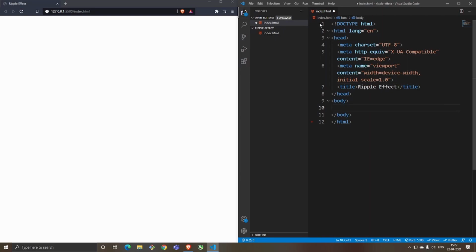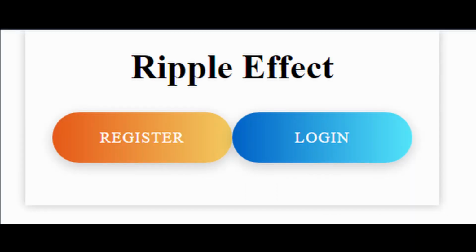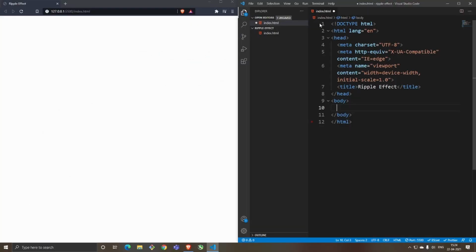Once that is done, we'll go ahead and style the body. Whatever you saw there, the text, the buttons and all of it, I have put inside a div so it's easy to access, and I've given that div a class of wrap. For that div you can just use the Emmet abbreviation dot wrap to say it's a div with a class wrap. Now inside this I have two divs. The first div has the class of text, which means the text, the ripple effect or whatever you want to present in there, I've put separately. So dot text would give me that, and I'll give the text of ripple effect.